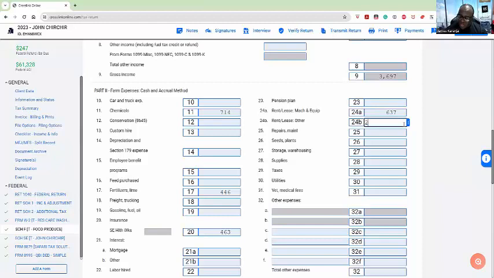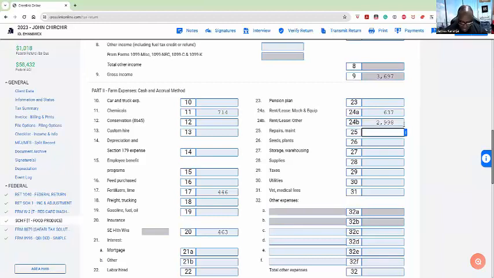They spent 2,998, and the repairs and maintenance 961. And then seed and plant they spent 334. Then the surprise